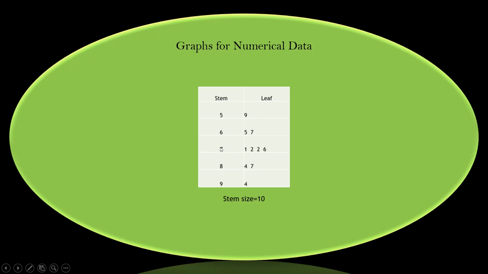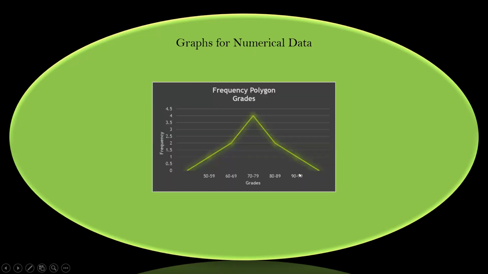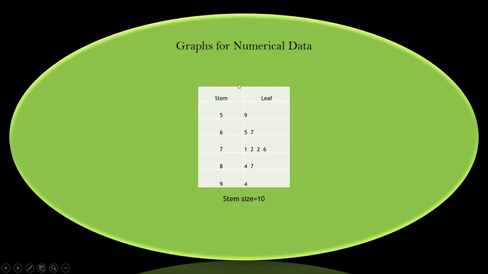I have a 71, and I can see here is my mode. I've got two 72s and a 76, an 84, an 87, and a 94. So with the stem and leaf, you can actually recreate the actual data from the graph itself